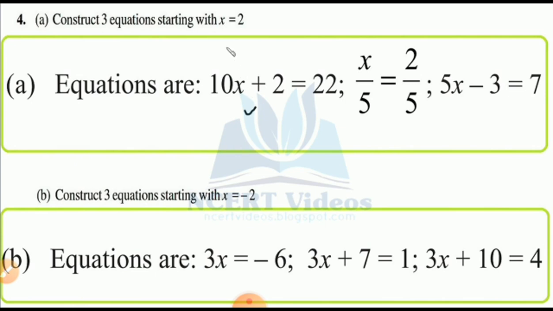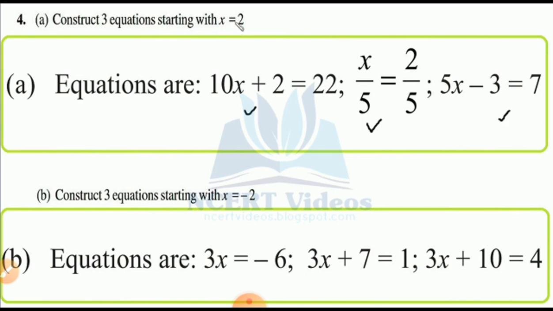5 5 दोनों साइड से कट कर दिया. Yes, 7 7. X is equal to 2 ही आता है. इसका आंसर देख लो. X is equal to 2 मिलता है. कोई भी आंसर में देख लो. 20 divided by 10. X is equal to 2 आ गया बेटा. इसमें भी देख लो. 5 5 कट होके X is equal to 2 मिल गया. Yes. 5x minus 3. 3 को उधर जाने दिए बेटा. क्या मिला आपको? 10. So 5x is equal to 10 and 5 dividing both the sides. So x is equal to 2. Your equations are there. Countless equations you can make it.